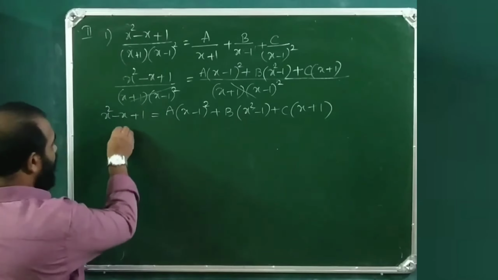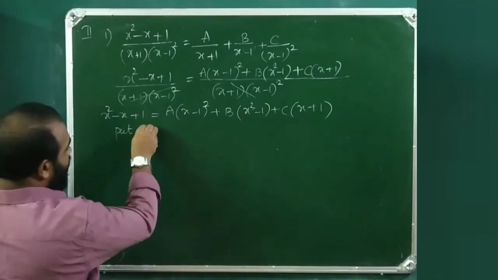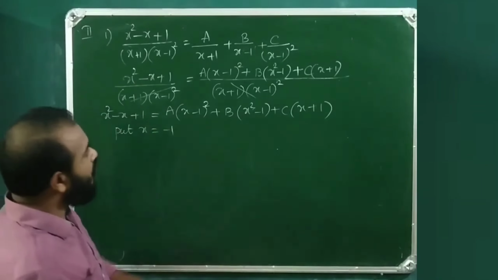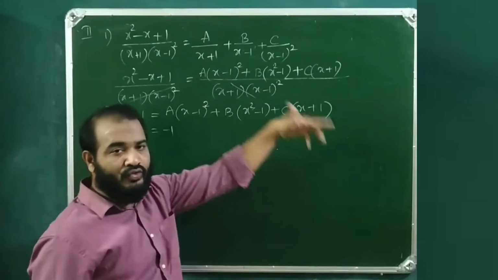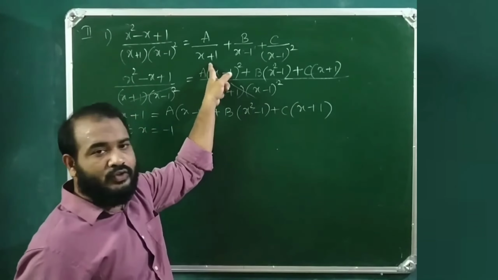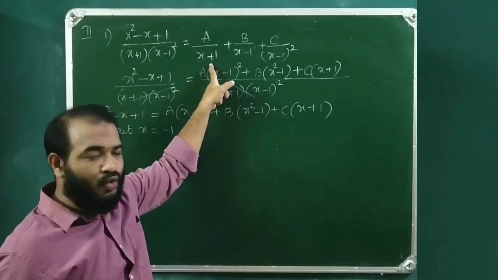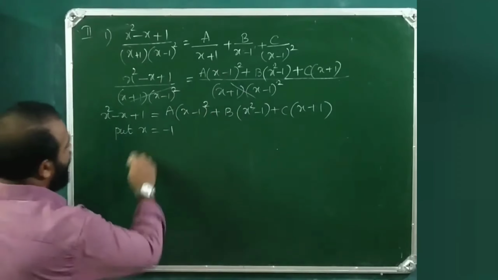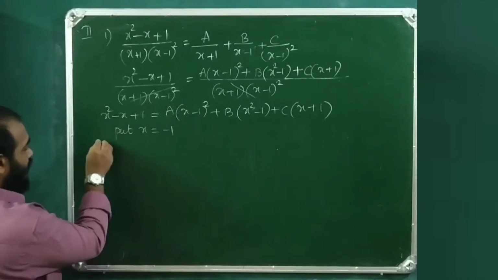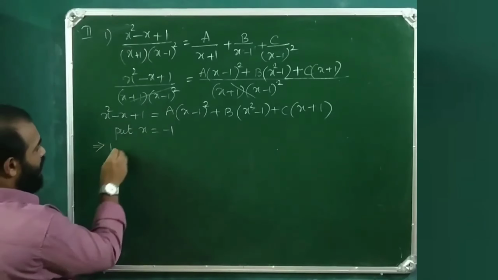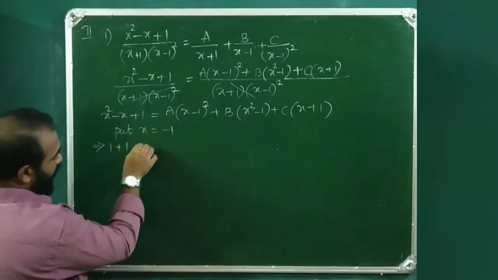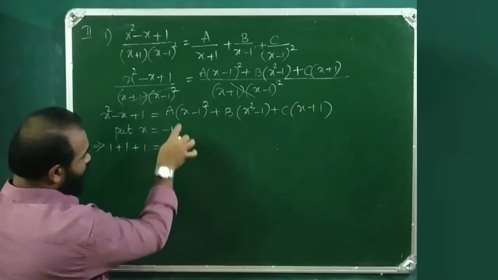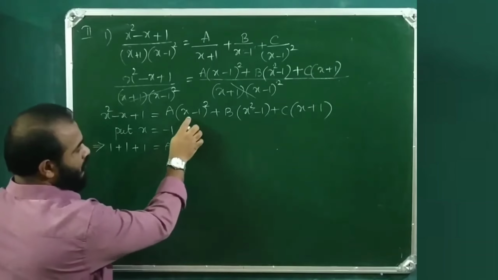So put x equals minus 1. X plus 1 is the factor equated to 0, so x equals minus 1 is the root. So put x equals minus 1 and substitute here. Minus 1 whole square is 1, minus x is minus of minus, plus 1, plus 1. So a into minus 1 minus 1,